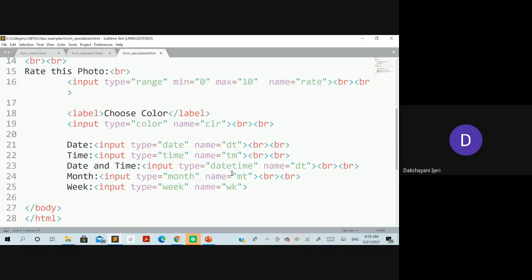And if you want to read only the month from the user, at that time you can use the input type is equal to month along with the name attribute. And even in case of the week, if you want to read the week from the user, you can use the input type is equal to week along with the name attribute here.